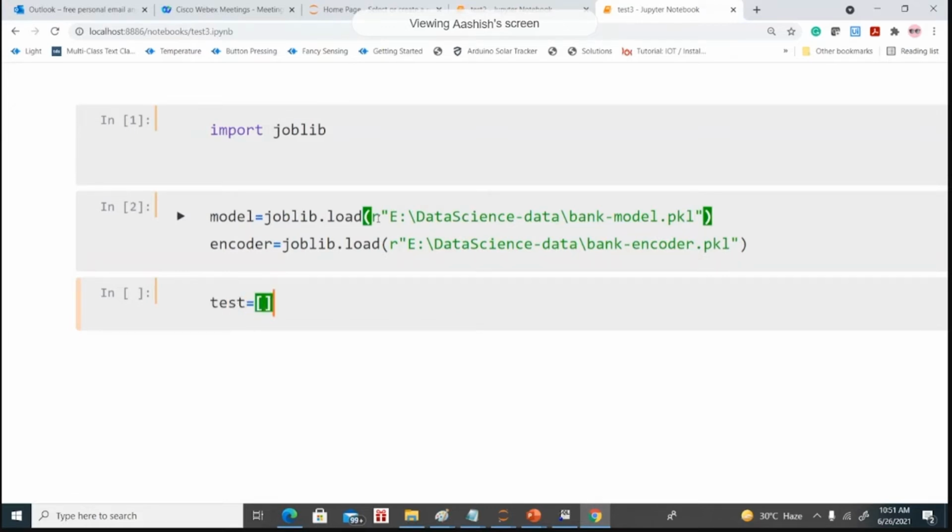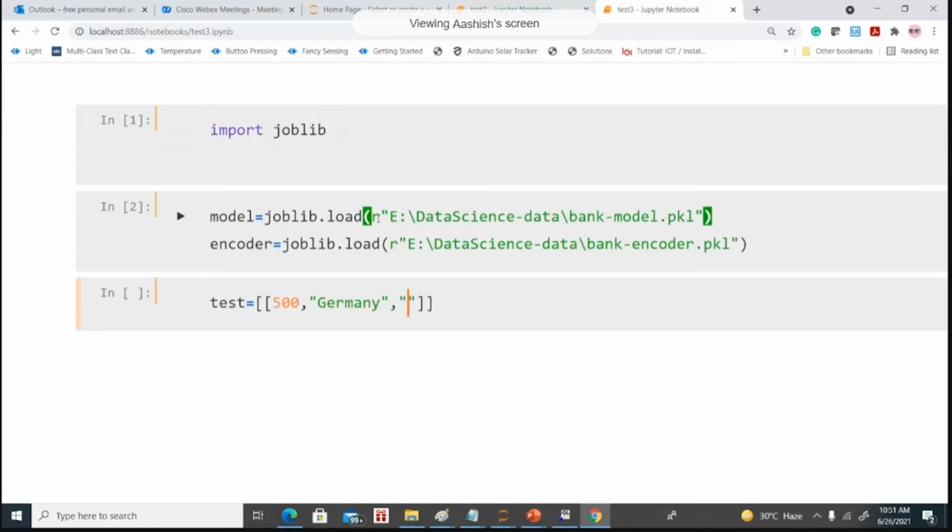So we just exported the trained model, and you can just copy the path of it again to perform the testing. Test data. There is one customer, and the credit score of the customer is 500.